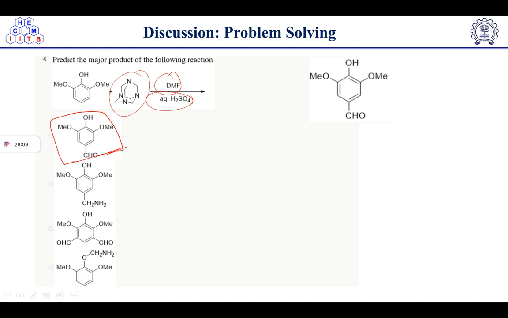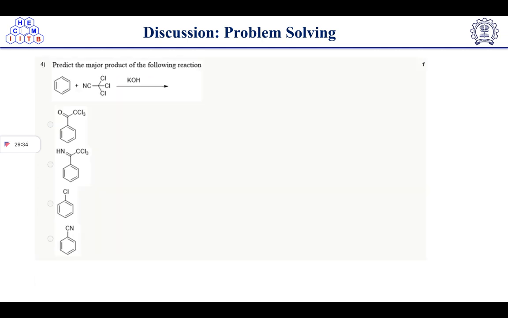Solve it by yourself. First do the protonation on nitrogen with H plus, then this lone pair will push electrons here. It will open up. Imine formation will take place, and this iminium ion will get attacked by this one, and that's how you have to solve this one. I have given some hint. I have solved a previous example also. So this is homework for you. Next one, predict the major product of the following reaction.